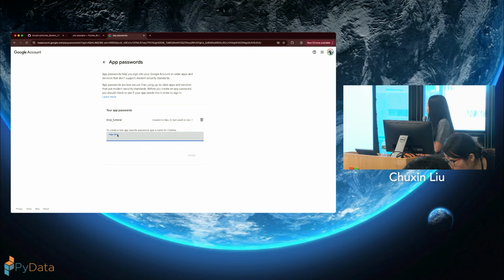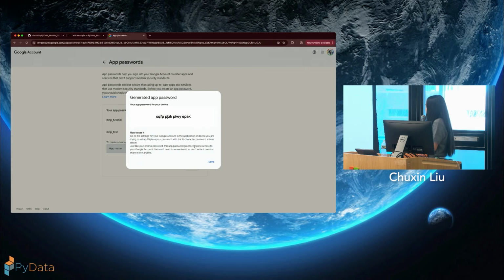So basically here, you can just come up with a name, let's say MCP tutorial or MCP test, and then click create. And then there will be a 16-digit string. This is basically the thing that you will copy paste into the app password environment variable.